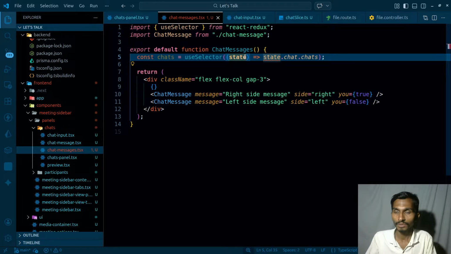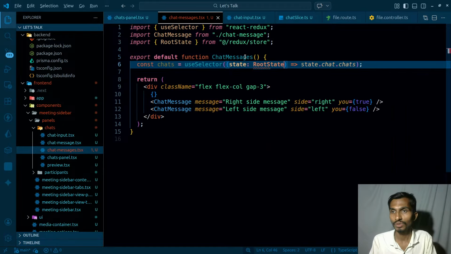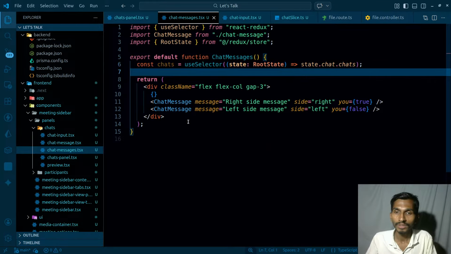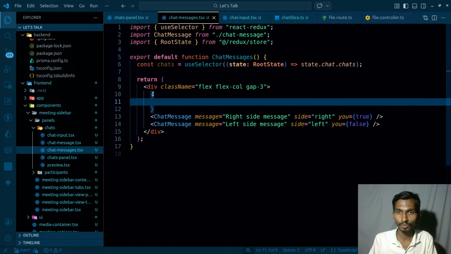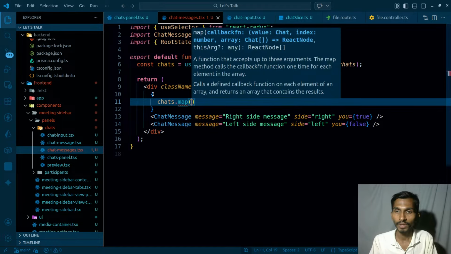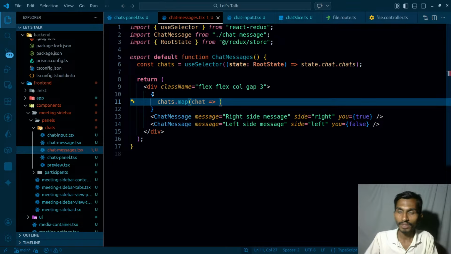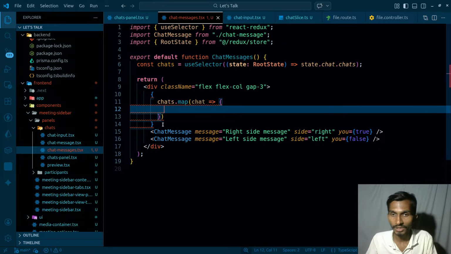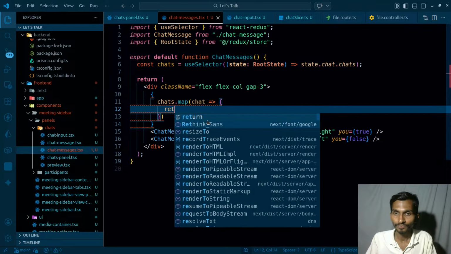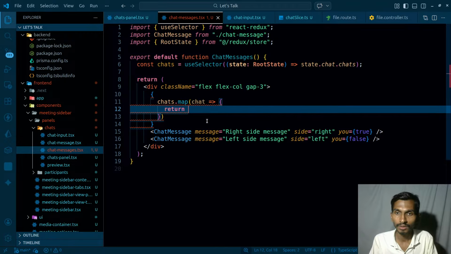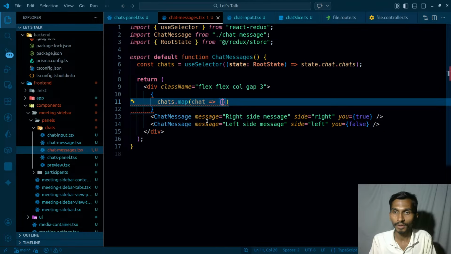Should be fine. As for the type of this, it's going to be root state, and once I have chats, I can just simply loop through them. So I already have this chats dot map, and I'm going to get the chat. Once I have the chat, I'm going to render the things conditionally, and that's going to be something interesting. So once I have the chat over here, I'm going to be returning,